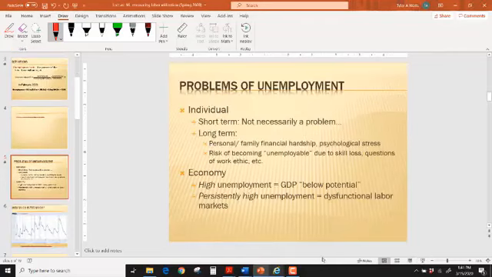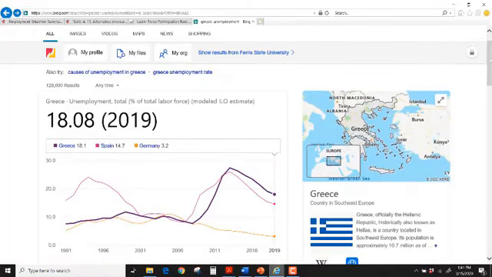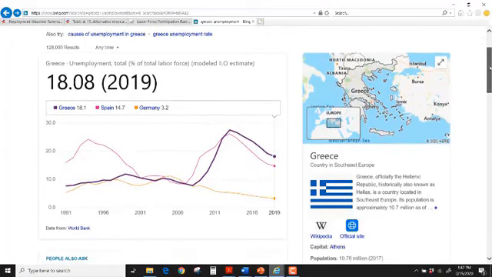And just to give you a quick example of that, we have unemployment at 3.5% in the U.S. Now that's very low. Most of that is short term, what we call frictional unemployment. Not a problem. But if you look at a country like Greece, and I don't mean to pick on them, just be aware that they are a country with chronically high unemployment. They're currently at 18%, and they've barely been below 10% over the past 30 years. So they have what we might call a chronically high unemployment rate, and that's an indication of maybe some dysfunction